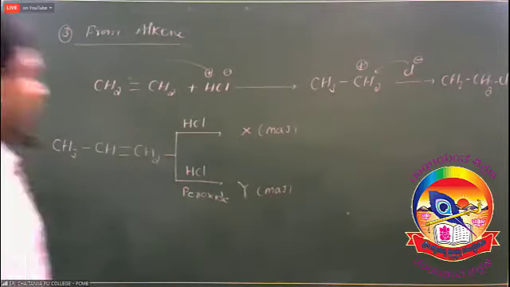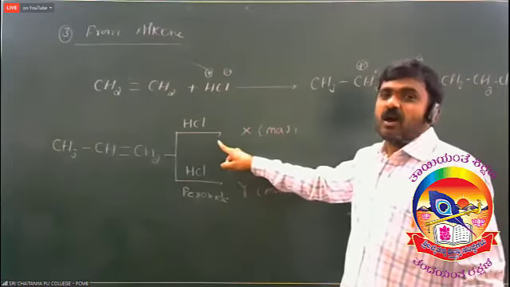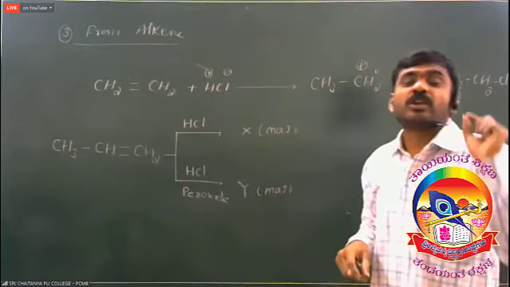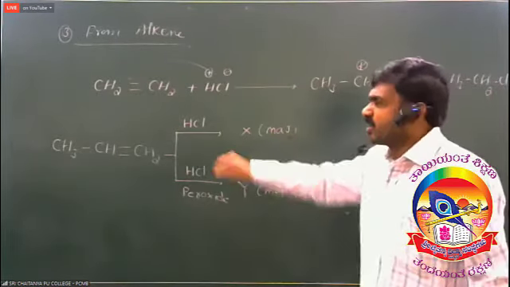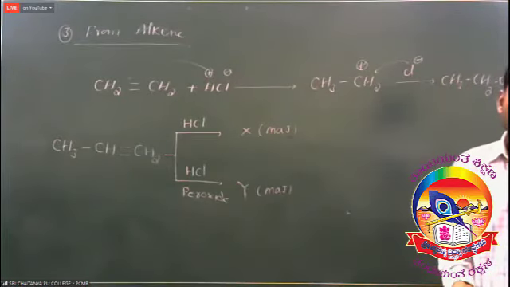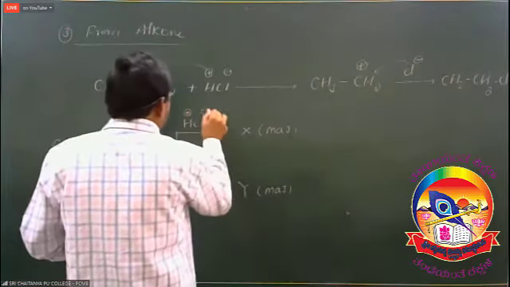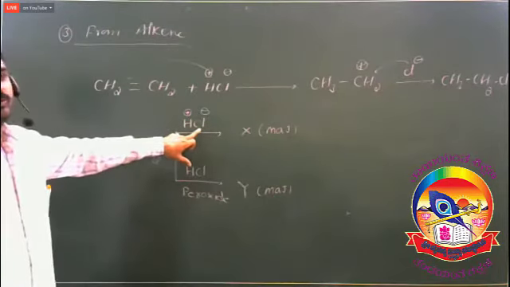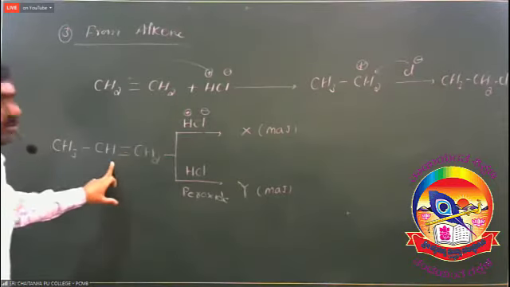Here the major product formed depends on the reagent. It is HCl, so we should follow the Markovnikov rule. The major product is formed according to the Markovnikov rule. So what is the Markovnikov rule? Here H plus and Cl minus. The negative part, Cl minus, is added to